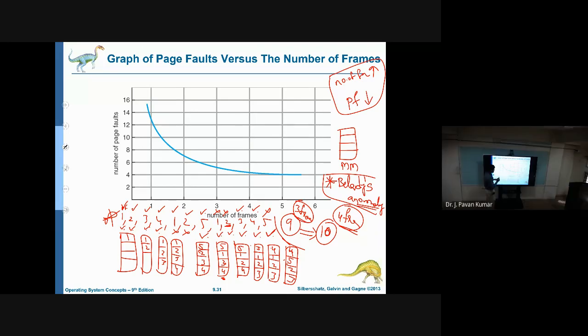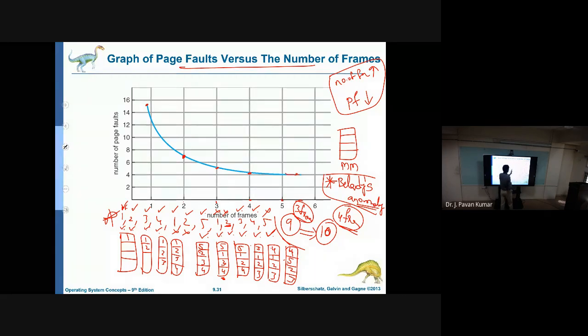Yes, sir. Here you can understand page faults and number of frames. This particular graph contains page faults versus number of frames. Now the number of frames is 1, then page faults are here. Number of frames 2. That means if we increase the number of frames, automatically the number of page faults decreases. Next 3, still it is decreasing. 4, still decreasing. 5, decreasing. The usual flow will be like this. As the number of frames increases, the number of page faults will decrease.